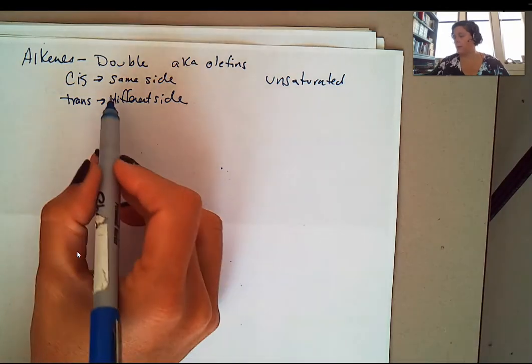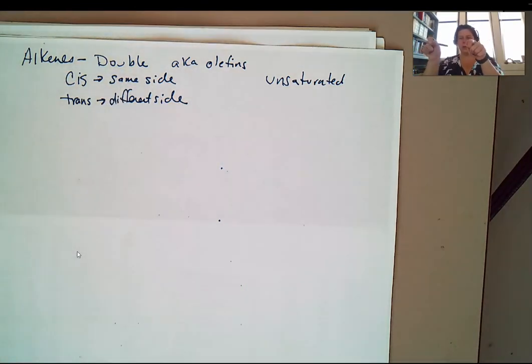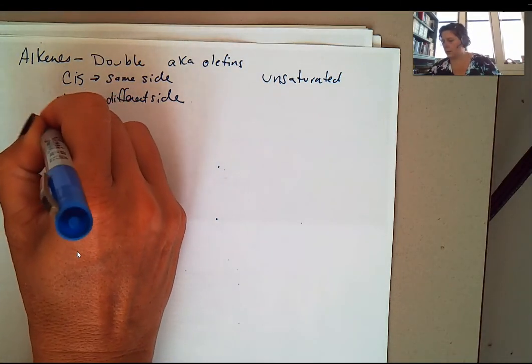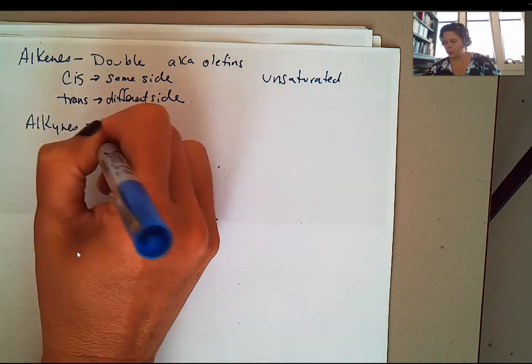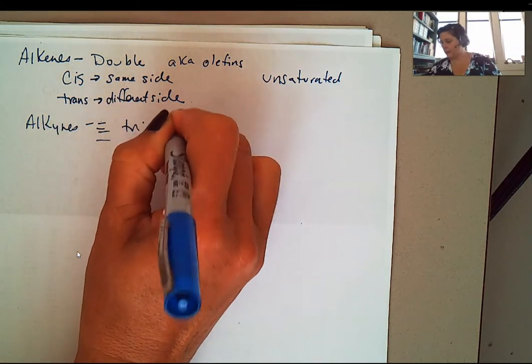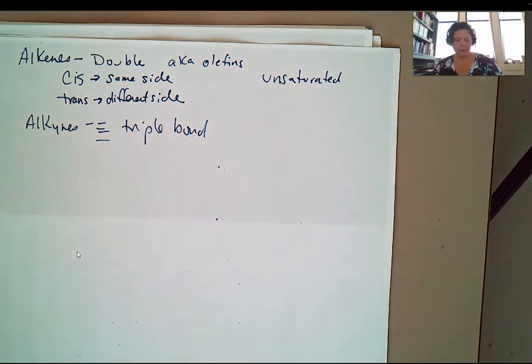Remember we talked about how you have to hold on to a double bond. You can't rotate around a double bond because of the two hands holding it. If the groups are on the same side, it's a cis. If they're on different sides, it's a trans. They are isomers if it cannot rotate. And if there's a triple bond inside of there, then you know that it's an alkyne. So we've already gone over all of this.